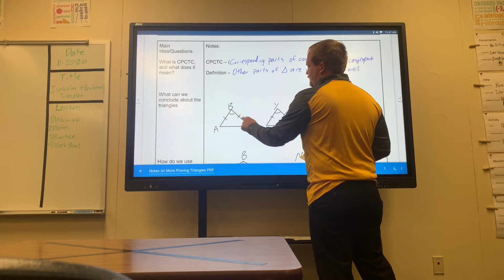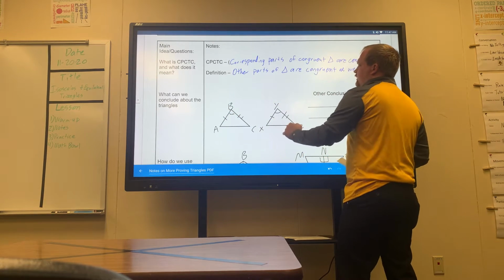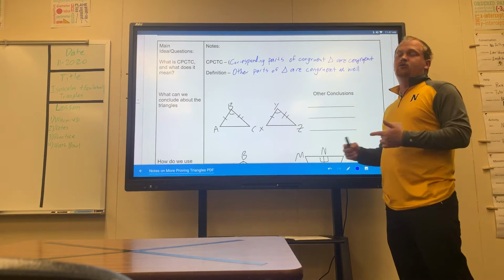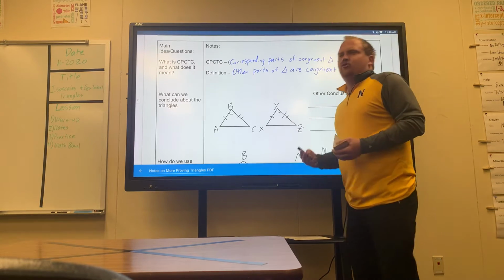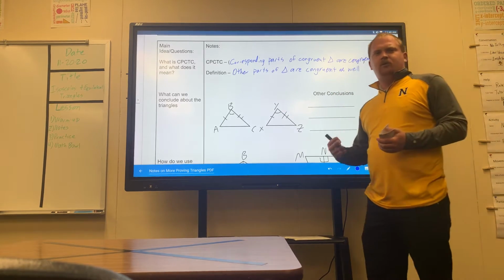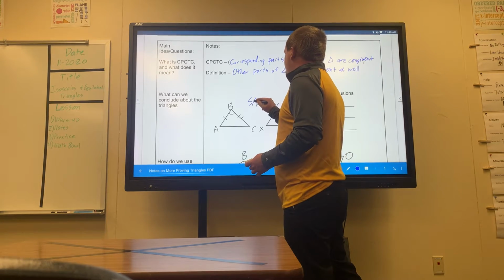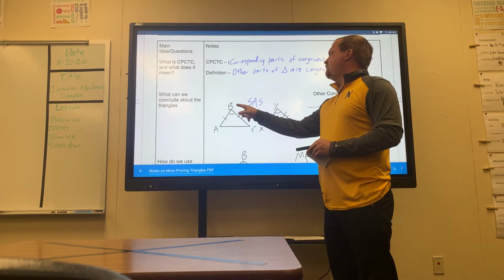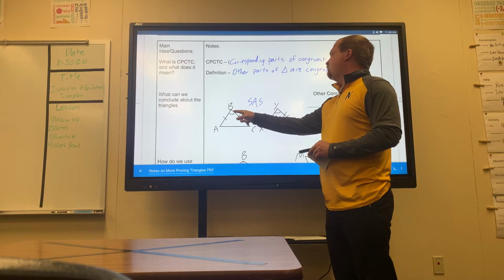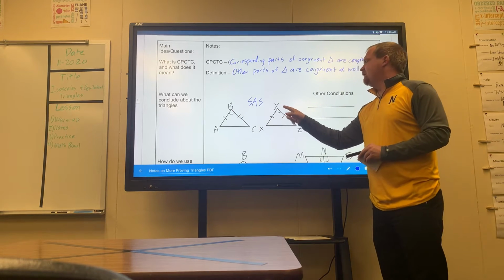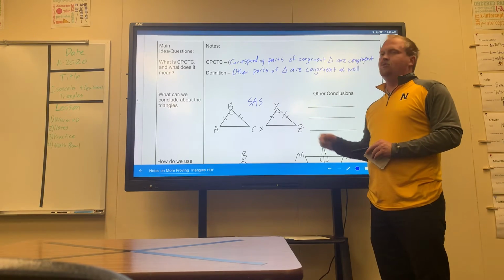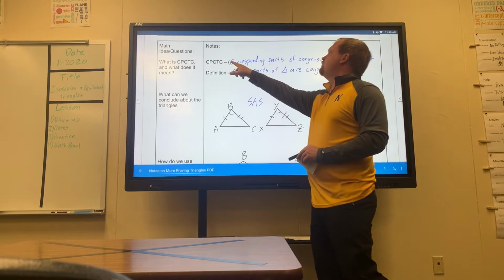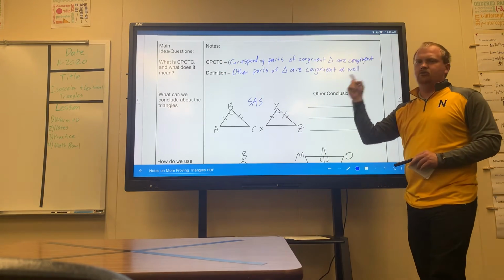So I have side, angle, side for this triangle, and for triangle XYZ, I have side, angle, side. So I have side, angle, side that are congruent to each other. By knowing what kind of postulate I'm using to prove the triangles are congruent, I'm using side, angle, side. Now, we're given side AB, BC, and angle B, as well as side XY, side YZ, and angle Y. But we don't have these parts here. Well, because corresponding parts of congruent triangles are congruent,